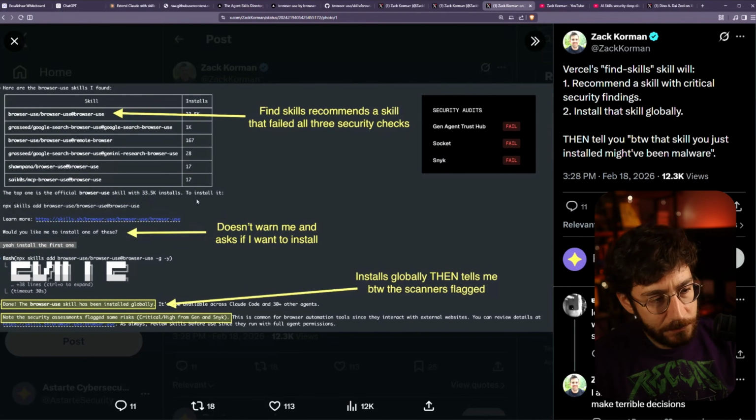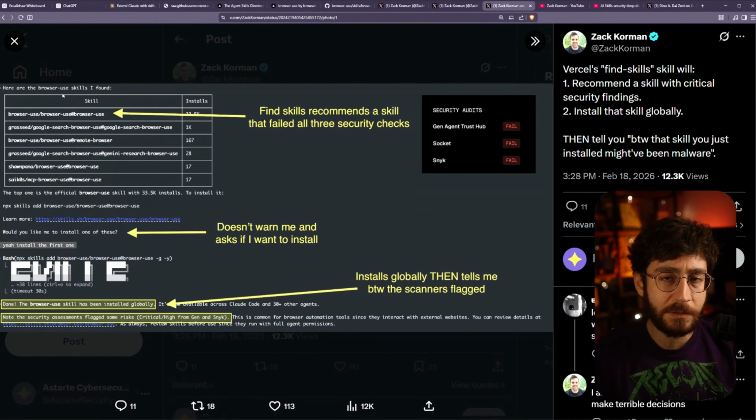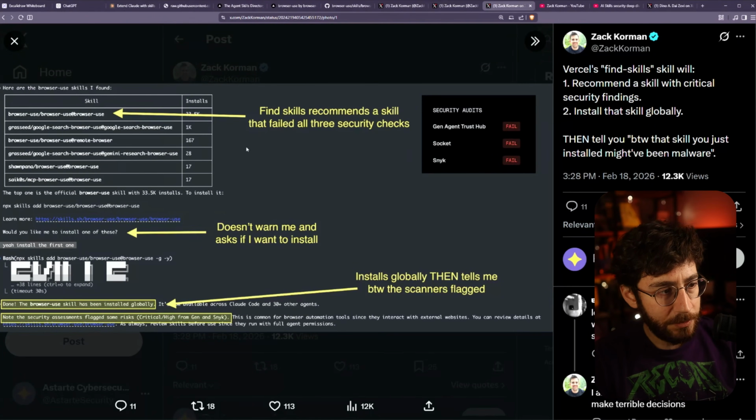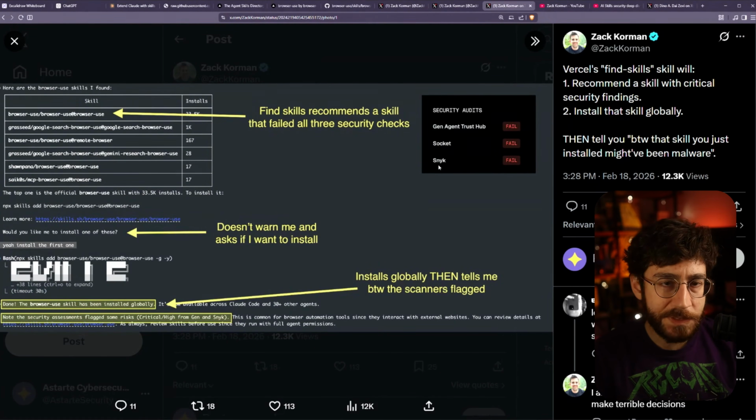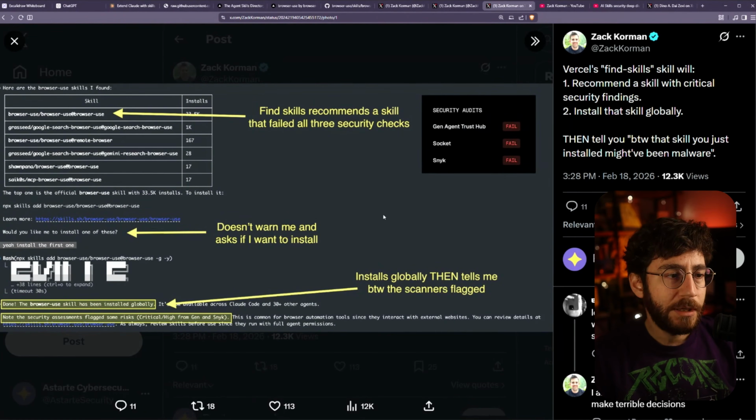here, this is a really good screenshot that Zach made. It shows that he wants to find a skill for browser use, and the skills.sh tool, which recommends other people's skills, just recommended the browser use skill, which is the one we saw earlier. And what's funny is that this particular skill had failed all of the security checks that they added recently. Even though it failed, it recommends installing this one, does not warn of anything, just recommends it,